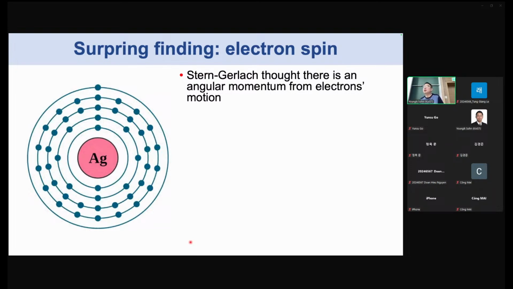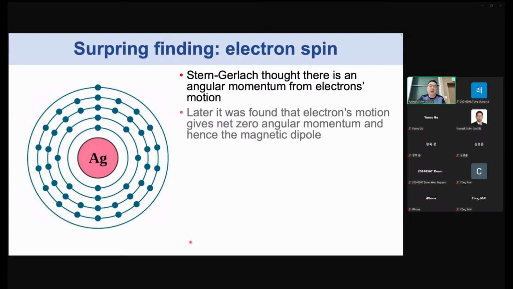That's what they assumed in the beginning because they didn't fully understand the silver atom at the time. Now we fully understand, but at the time they didn't. So they thought, well, a silver atom is like a magnet, and the origin of that magnetic behavior is coming from the electron going in orbit around. That's how they assumed, but actually not true. Later, people figured out